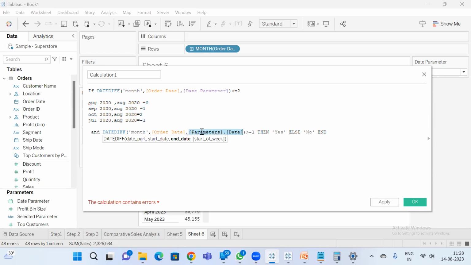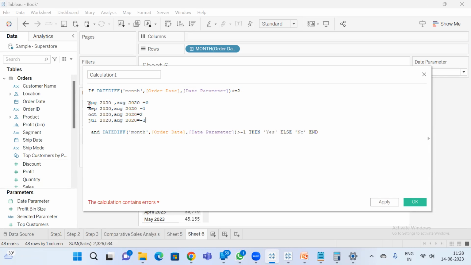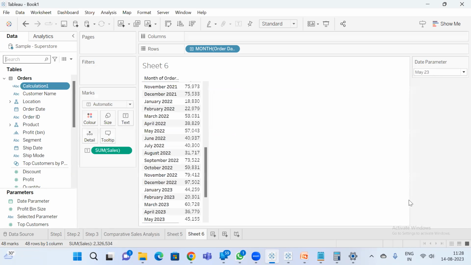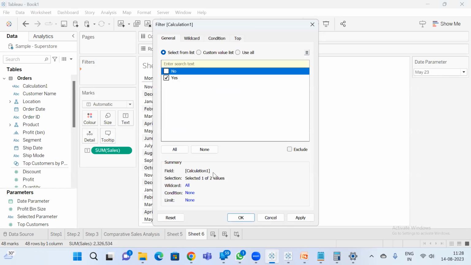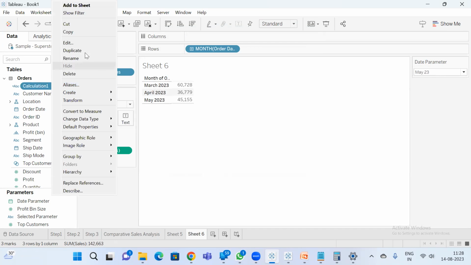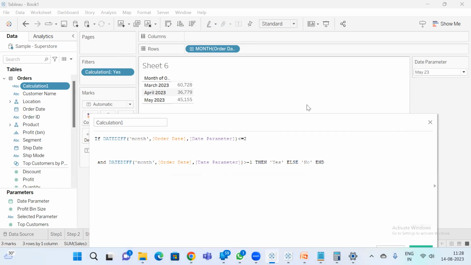So let's have this date parameter. Say okay. So let's put this in calculation 1. Say okay. Okay, so we have done it the other way around. So let me explain again. Here the value is selected as May 2023. So May 2023